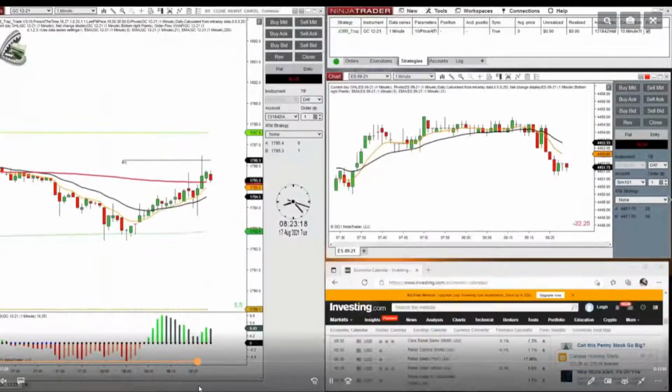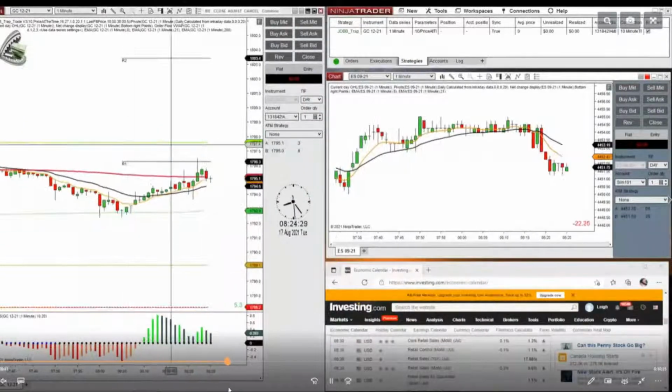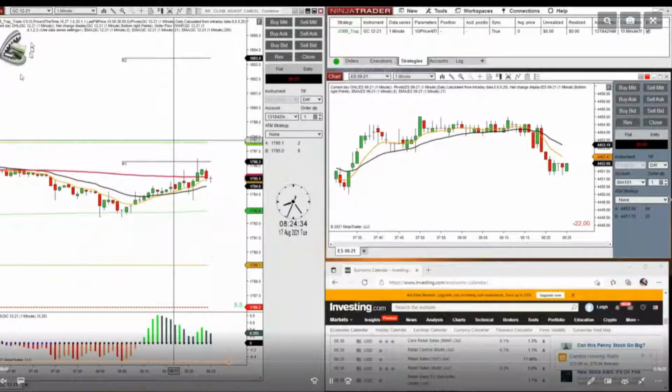So the first thing that's different about the trap trade is when it's enabled, you get a different logo, okay? You get the trap, you get the jaws with money in the jaws. It's a different logo.